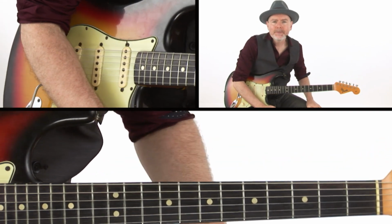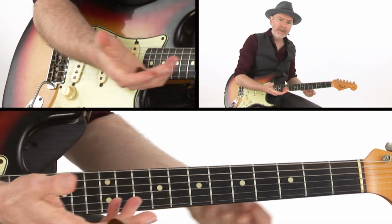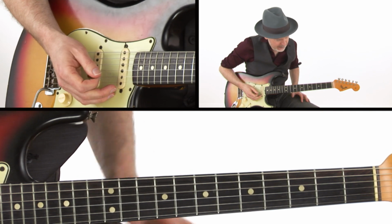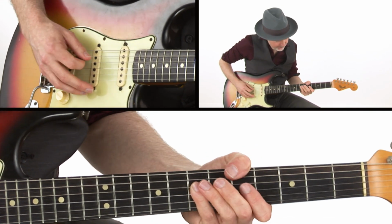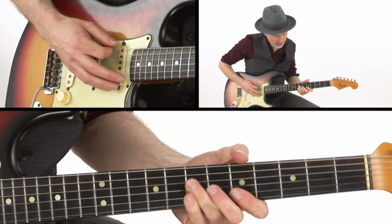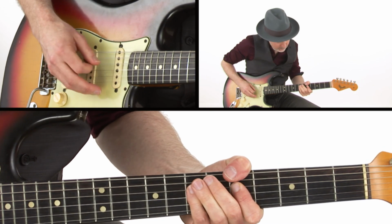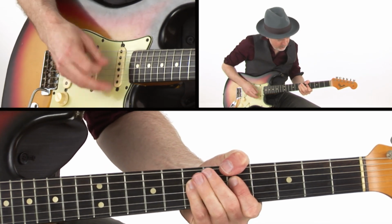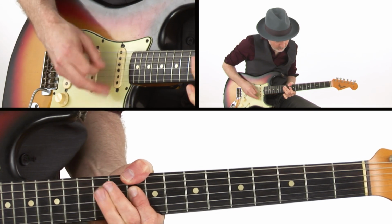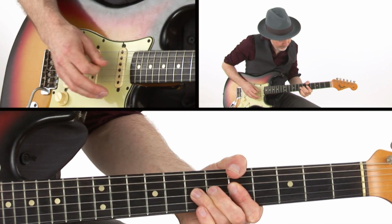It's not easy to do. It's going to be right off the top. Getting this together, you're going to get a lot of open strings. You're going to get a lot of muted notes until you get used to playing it. But the first thing I would work on is getting that thumb right there. We talked about it in some of the chords, but if you can play like a line, that kind of move there, and then